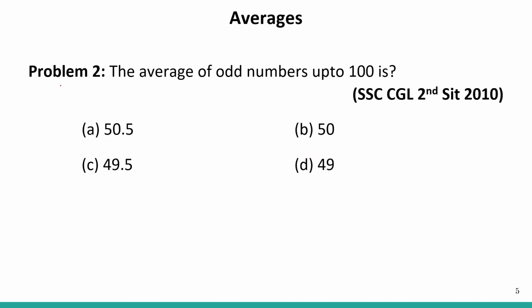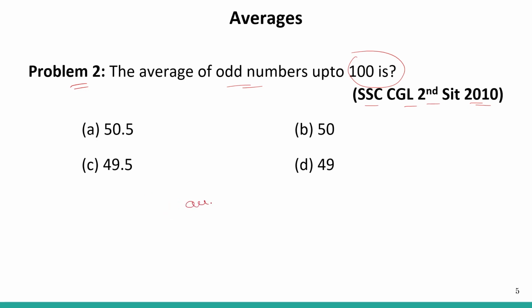So let's go forward with problem number 2. The average of odd numbers up to 100 is what? 50.5, 49.5, 50 or 49. This question has been asked in the SSC CGL second sitting 2010 paper. So the average of odd numbers up to 100 is, what we can do is, we know the average